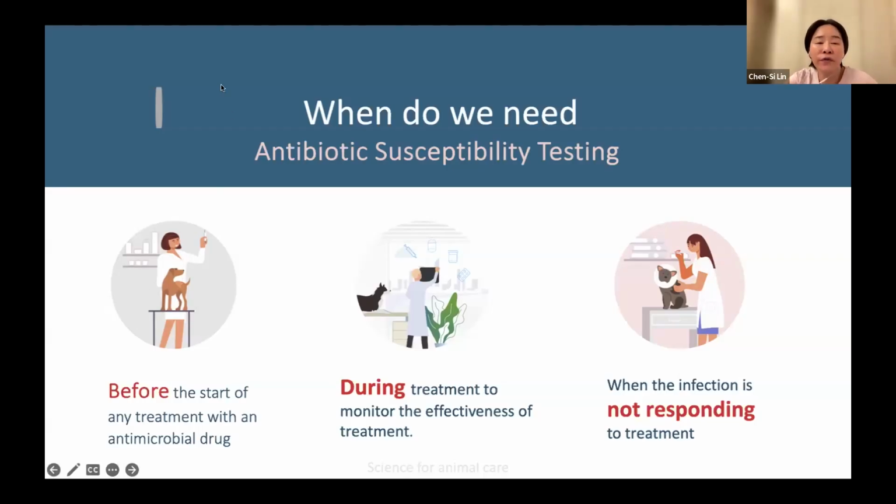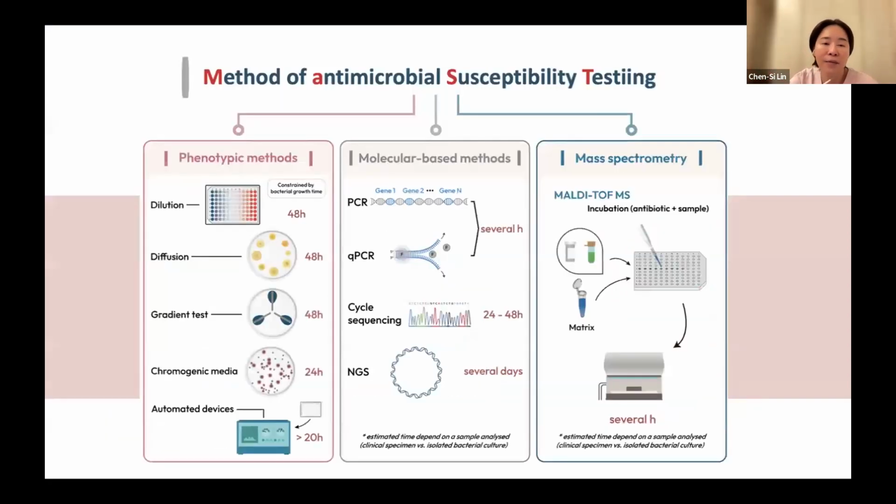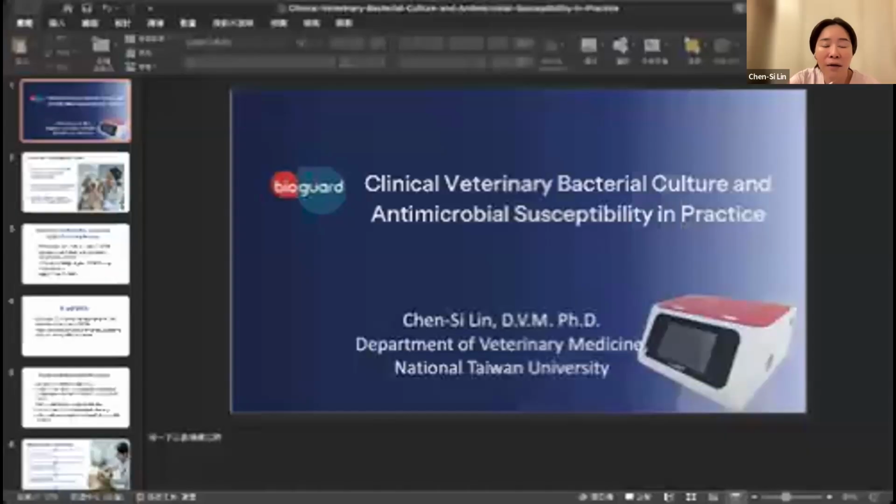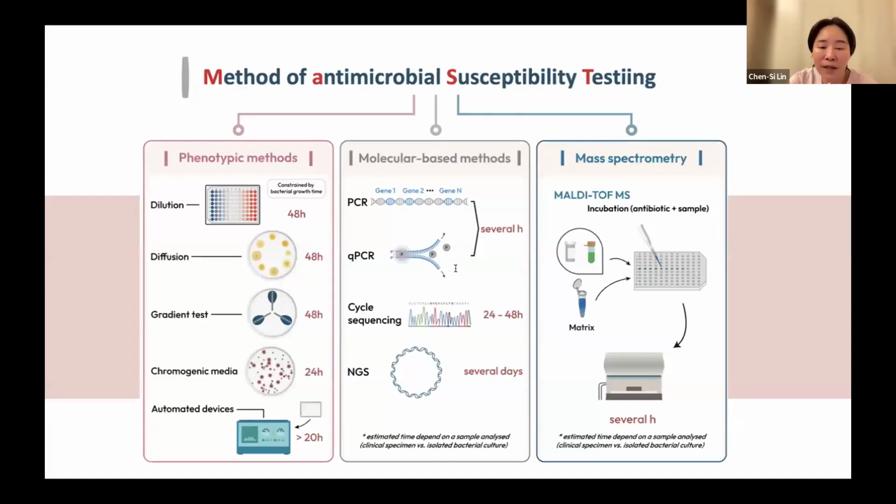As we have gone through, for AST we first need to wait for the bacteria to grow up. This usually takes 1 to 2 days, 24 to 48 hours. Then we have the bacterial colonies, and we can perform the AST. So this is what we usually do, and it costs a lot of time. Actually, right now, the lab performs an AST to give us the result. And